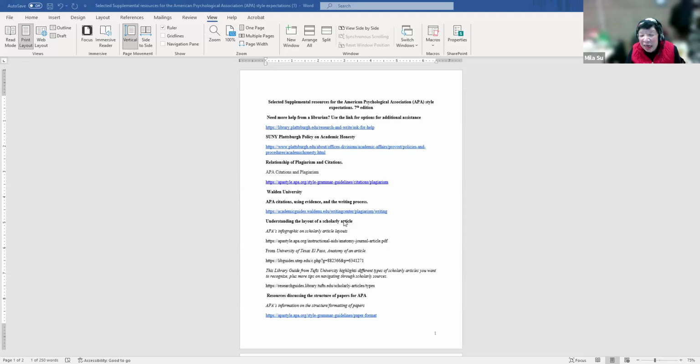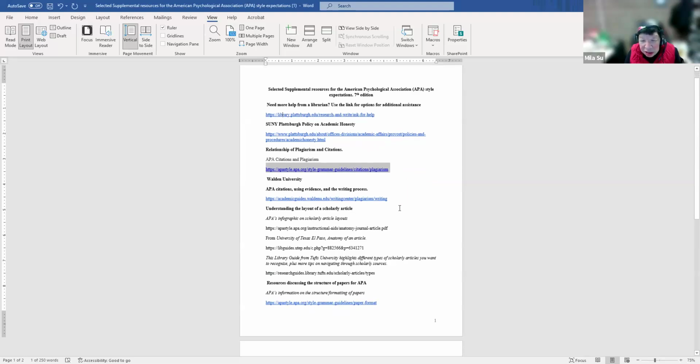It's just really nice that APA is now providing information to help students and researchers use their style expectations properly. I also included a couple of different institutions that have really nice examples about APA citations, and why you want to use in-text citations and full citations to support your research, because it's evidence. You are documenting information that you found to support the information that you're presenting in your paper.